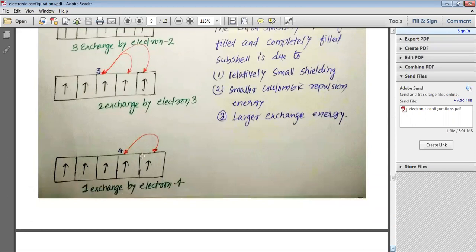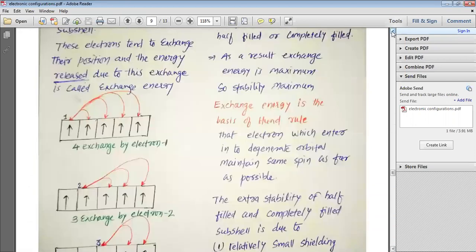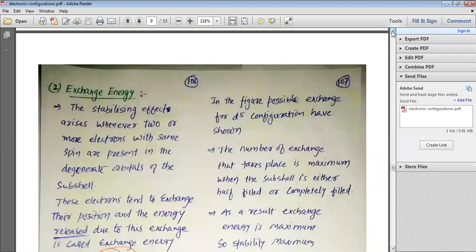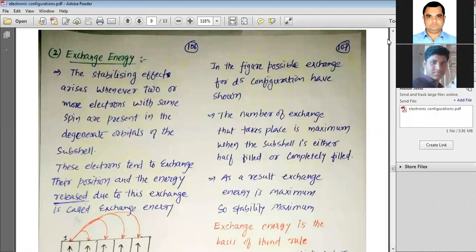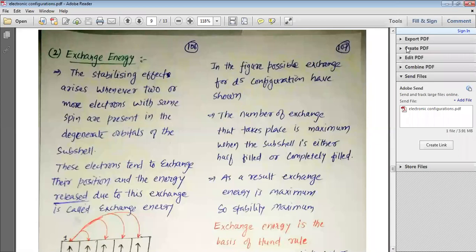The third electron makes 2 exchanges, and the fourth electron makes 1 exchange. So when the electrons exchange their positions, some energy is released, and this released energy is known as the exchange energy. In the figure, the possible exchanges for the d5 configuration have been shown. The number of exchanges is maximum when the subshell is either half filled or completely filled. The more the exchanges, the more energy is released,